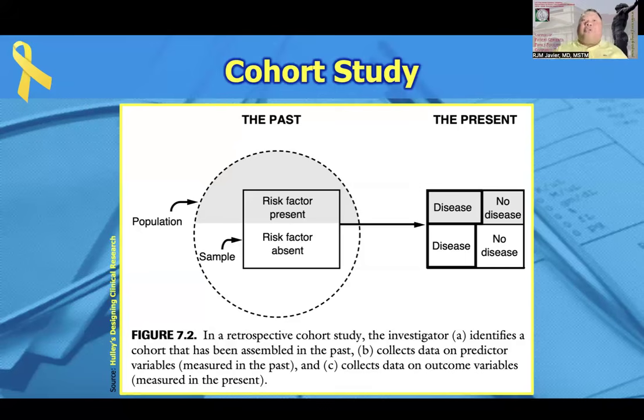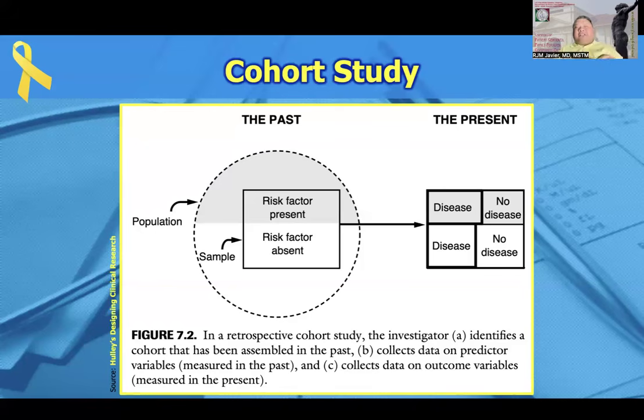And then you look at them today. How many of these people now have severe asthma or uncontrolled asthma? That's what we mean by your non-concurrent cohort. It is not truly retrospective in design because the temporal profile is still forward looking from the past going to the present. It is not retrospective, just like your case control study.